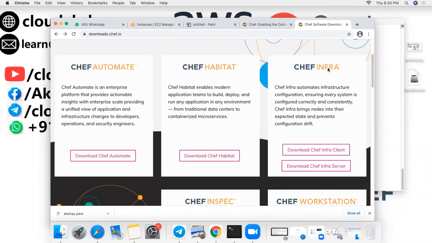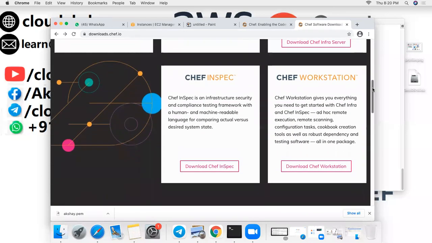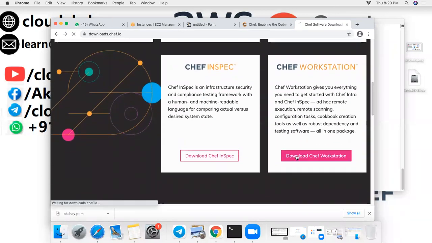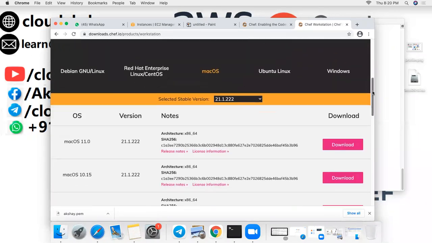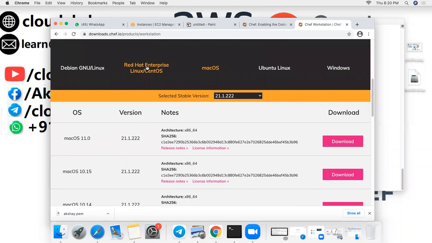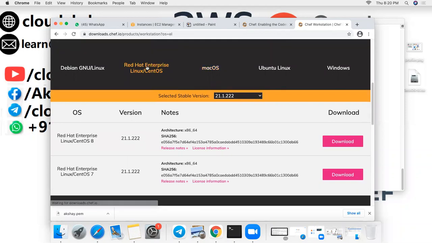So I need to download the Chef workstation. Let's click on the download, and I need to download for the Red Hat, RHEL based version, because my machine is RHEL based version.